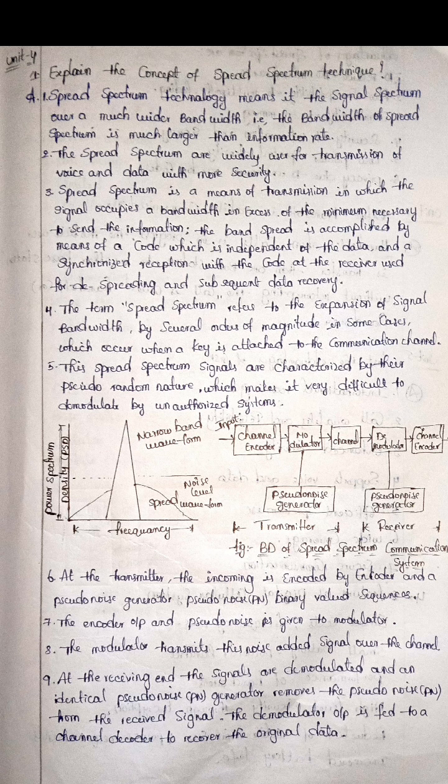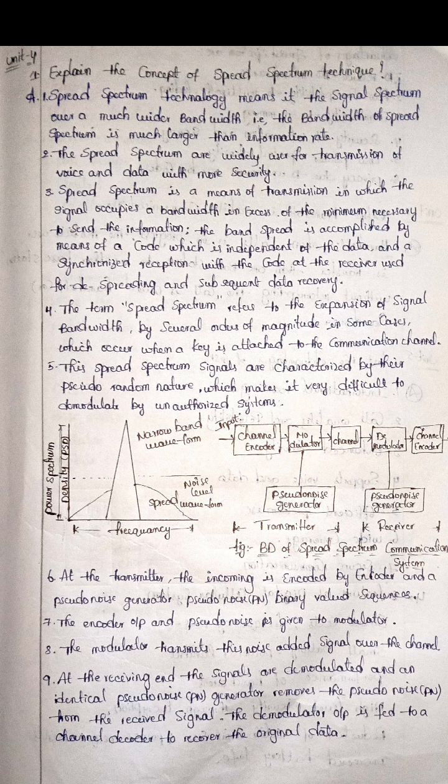Spread spectrum technology means spreading the signal spectrum over a much wider bandwidth. That is, the bandwidth of spread spectrum is much larger than the information rate. The spread spectrum is widely used for transmission of voice and data with more security. Spread spectrum is a means of transmission in which the signal occupies a bandwidth in excess of the minimum necessary